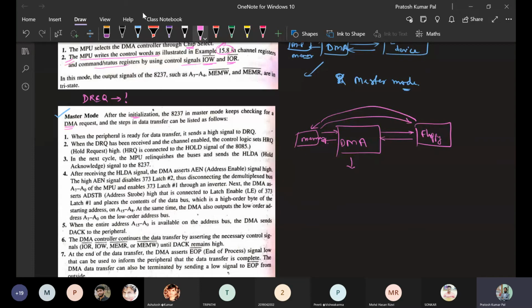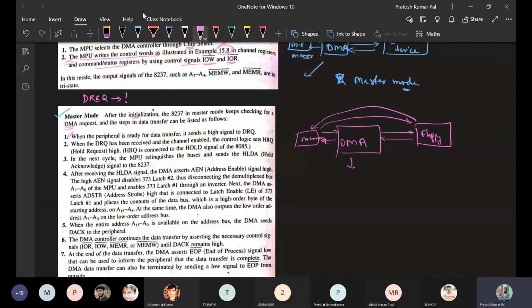There are different DMA requests based on four different channels. So it keeps waiting for different commands, and there are different steps that should be followed. It keeps waiting for the DMA request. When any external device wants to transfer data or accept data from the memory, the peripheral device will send the DMA request.